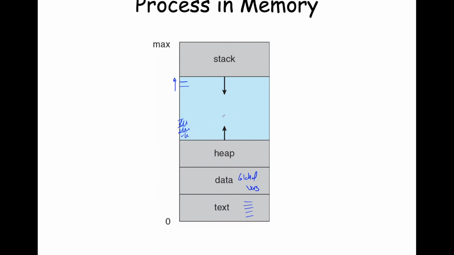Okay, so what happens in a heap also is that it's not necessarily contiguous. So if you allocated a piece of memory, and let's say you got this piece, and someone else came along and allocated another piece, someone else came along and allocated another piece, if you go ahead and you free your piece, there's now a hole in memory, right? You have parts of memory that are occupied, and you also have parts of memory that are available. So you can have holes in memory. It's not contiguous, unlike a stack, where a stack is contiguous, this automatic storage.